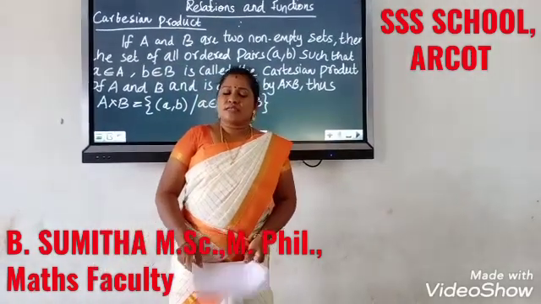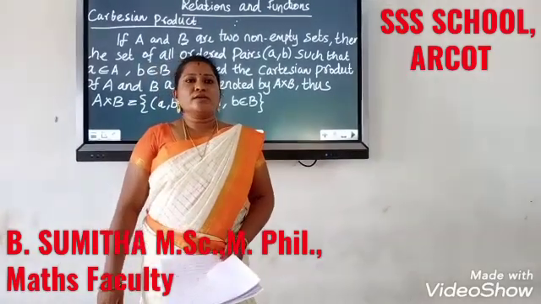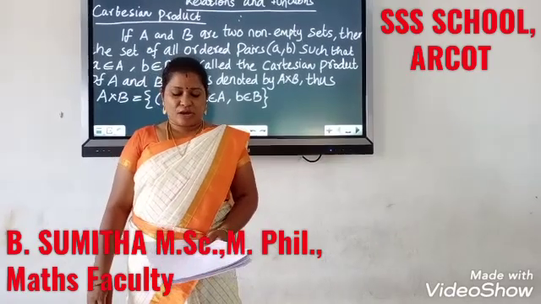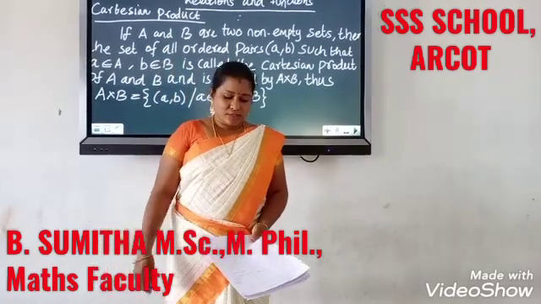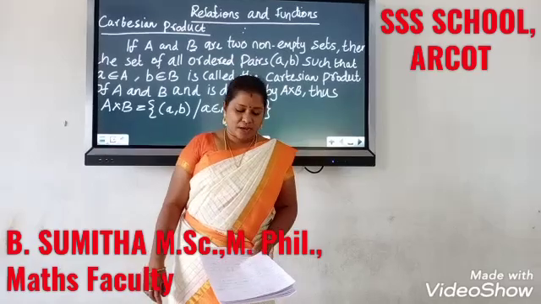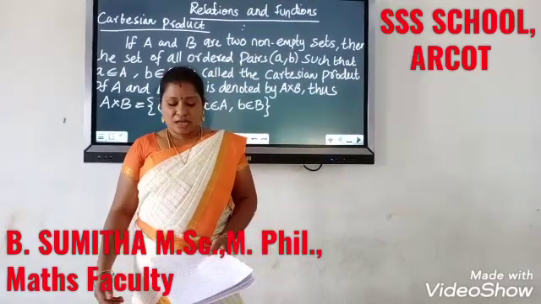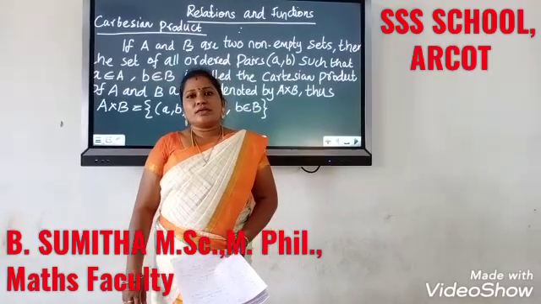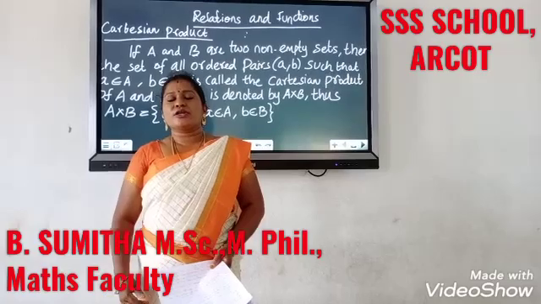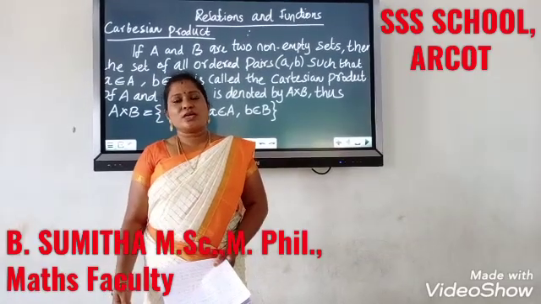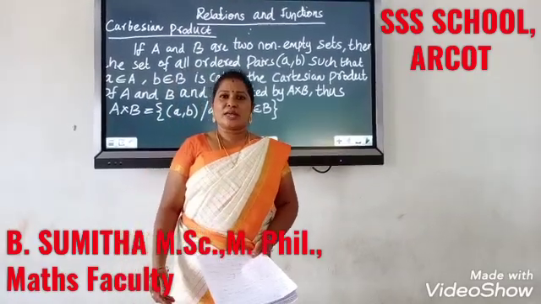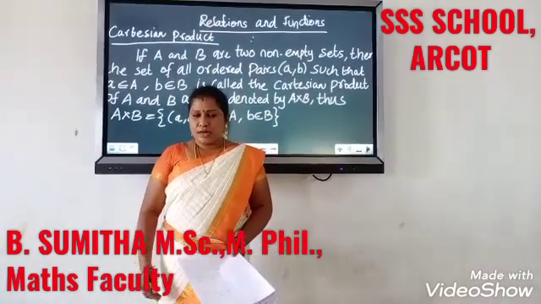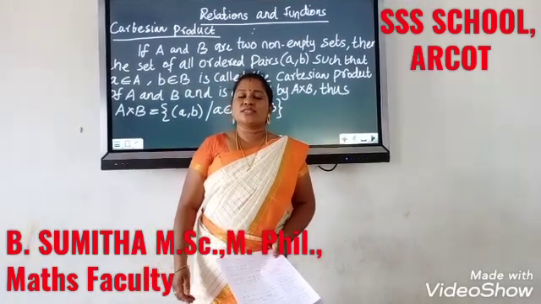It is quite interesting that our day-to-day situations can be represented mathematically either through a relation or a function. For example, distance traveled by a vehicle is represented as a function. Already in our 9th standard we have studied about sets. Here we are going to study a new form of set using union, intersection, complementation, etc. Now we are going to study a new form of set called Cartesian product.